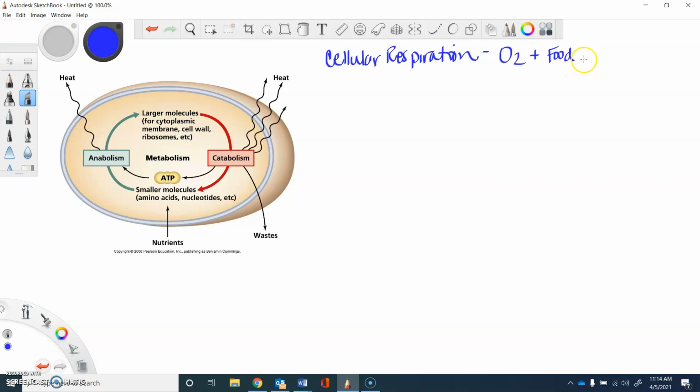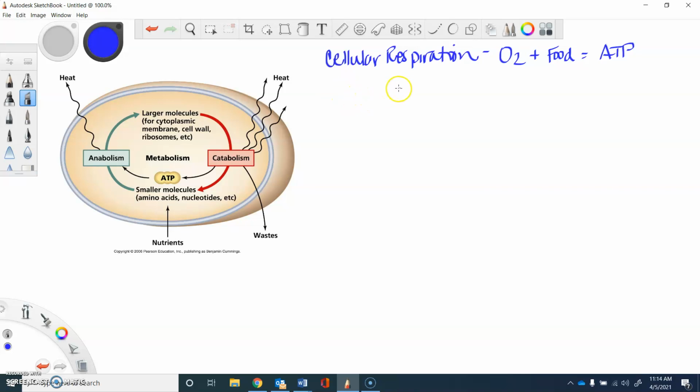So basically, we're taking oxygen, adding it to the food, and getting ATP. We're getting energy. Okay, and then there are some waste products that come from that as well. So cellular respiration